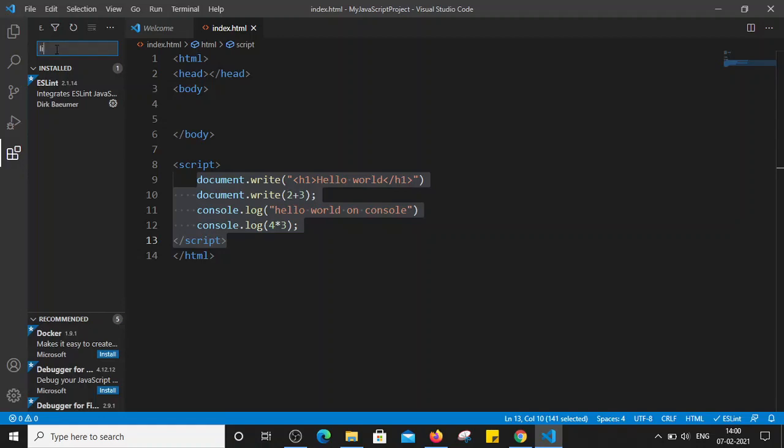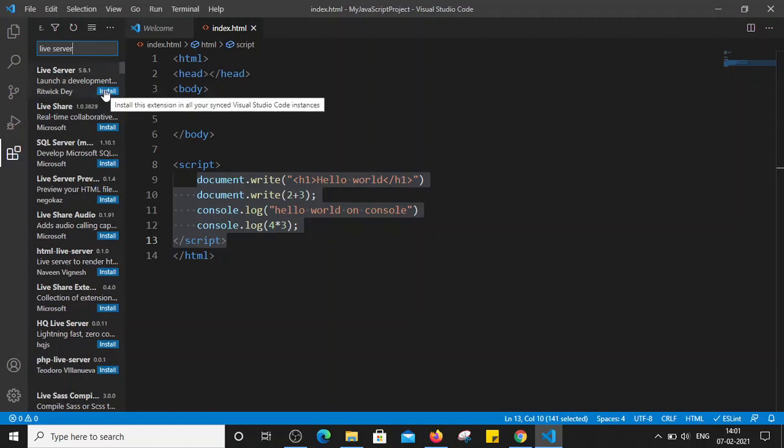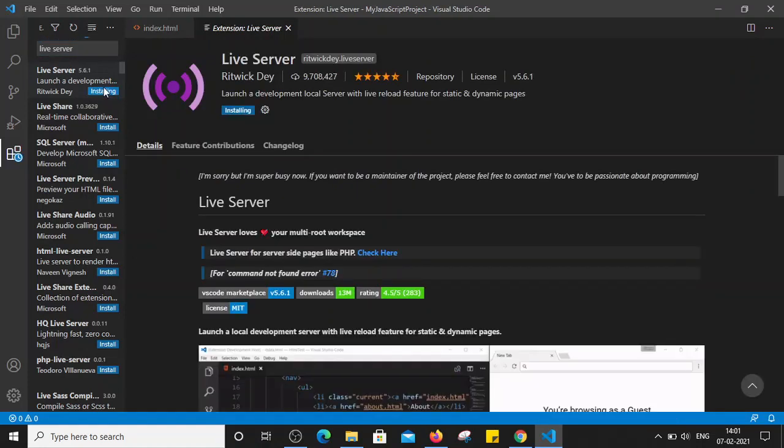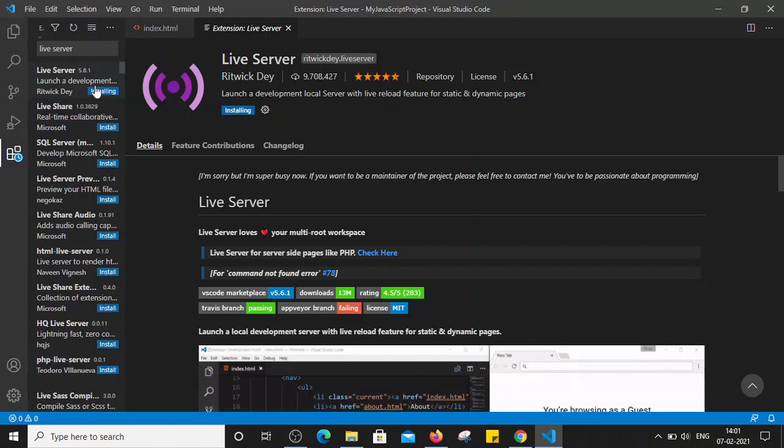I'm just going to type live server. You can see the first option here only, right? Just click on install. It will take some time to install. Let's wait until it gets installed.